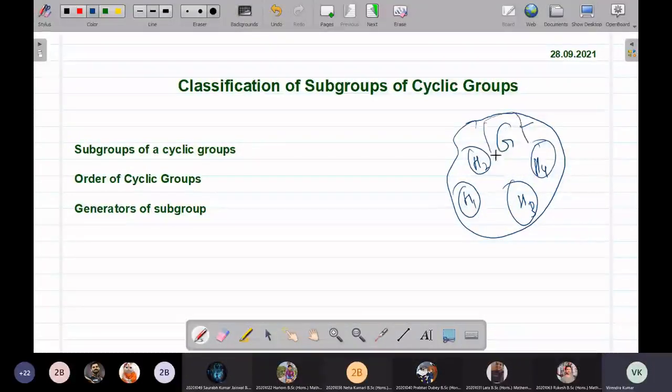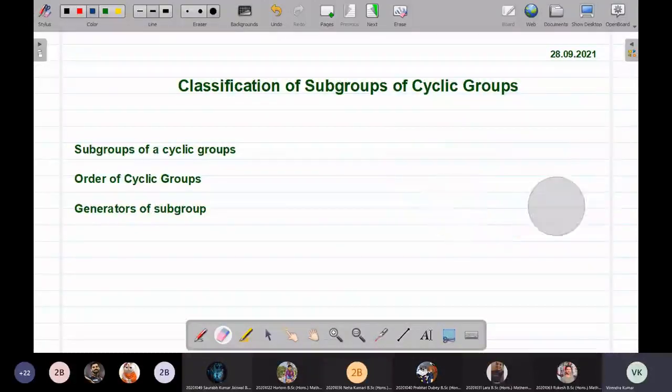But if we impose that G is cyclic, then we have some interesting results about the subgroups. In fact, we will see that if a generator is known, then another element a to the power m is also a generator under certain conditions. We will also see the number of elements, and the number of elements of a particular order in a cyclic group. So all these things we are going to discuss in the case of cyclic groups.